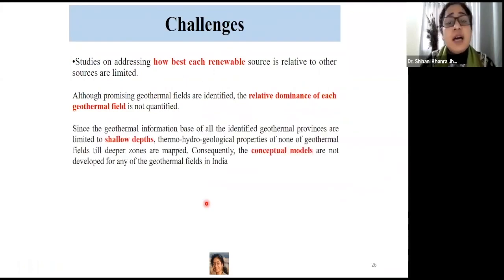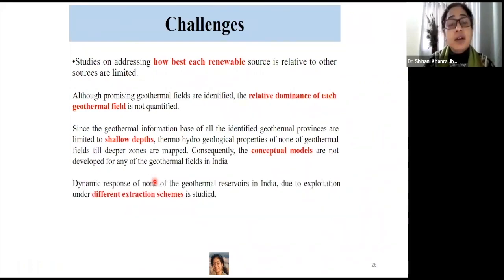Then the other challenges are for researchers and scientists, like the already identified geothermal provinces, which are only studied for shallow depths. So how do we take it forward for larger depths? As you have seen, the Indian scenario is in contrast with the global scenario. Larger depth studies do not exist. So geothermal fields need to be studied for deeper zones, and they should be mapped for higher depths like 1 kilometer and more than 1 kilometer, and further establishing the conceptualization of those fields so that the geothermal field